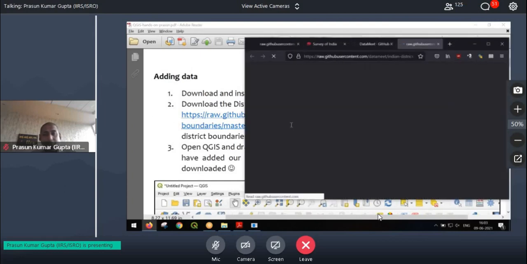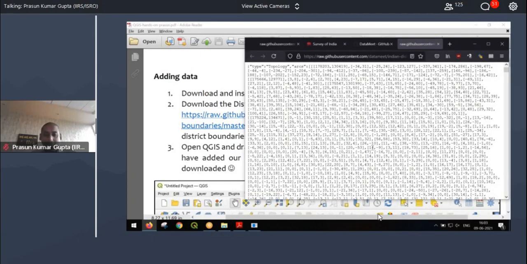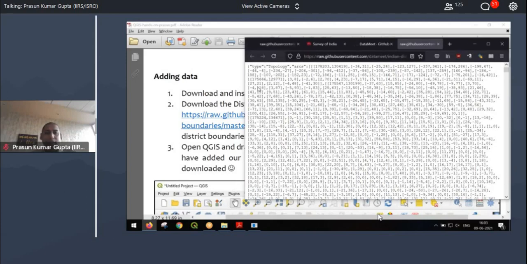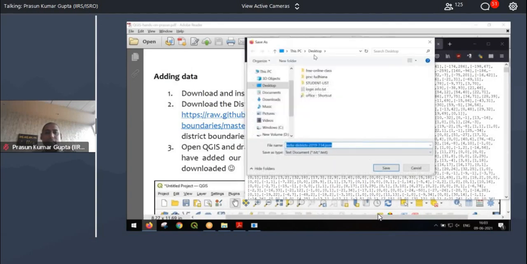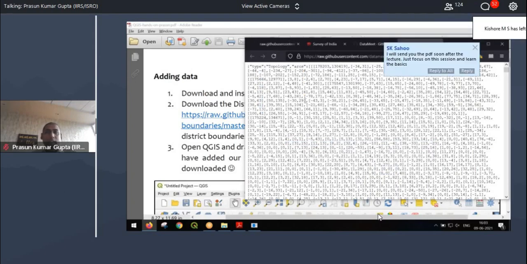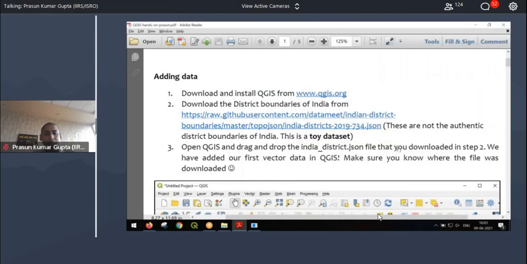It will open a browser and you will see a lot of articles. Save this file. Save it as, and let's say I'm saving on my desktop. Click on save first. That's all you have to do. No rocket science. Okay. So you have to click on this link given in the PDF and you can download this file.